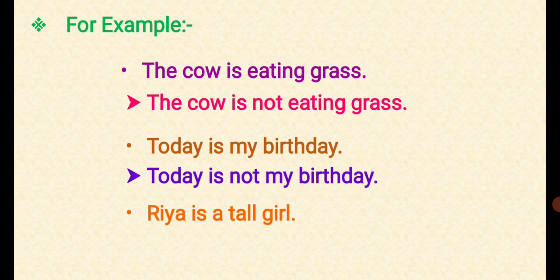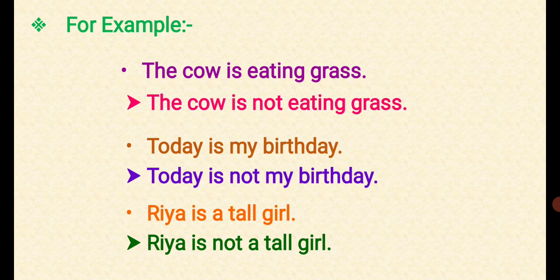Again we'll put not with the is and make a sentence in a negative form. So what will be the sentence in a negative form? Ria is not a tall girl. Understand? So this is the way. Not only these examples that I have written with is only, but this rule for not works with am, is, are, was and were. To get more clarity, let's do an exercise of this kind and get a better understanding of the rule.